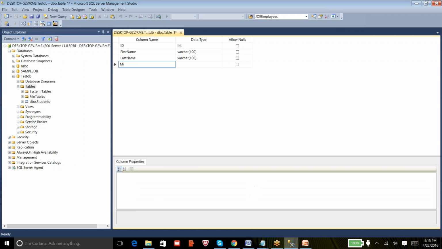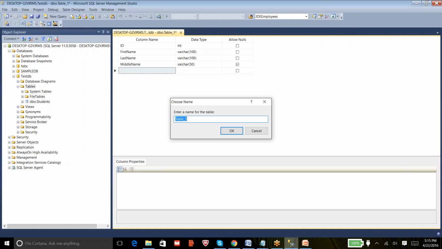So let me add the middle name. Probably not everyone will have a middle name. So in that case, the system should allow a blank value for a person who is entering a record and doesn't have a middle name. So I can leave it with allow nulls. Once you are done with the basic design of the table, you can right click here and do save table, and then provide the table name.